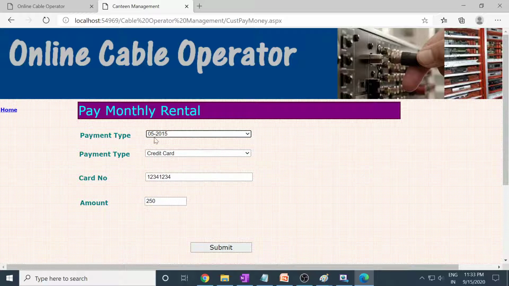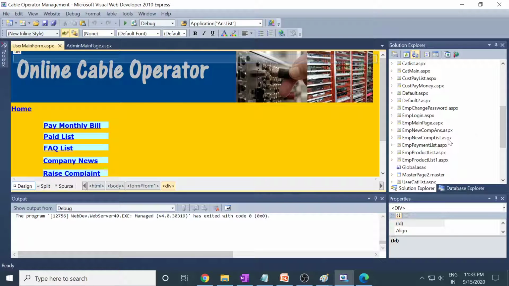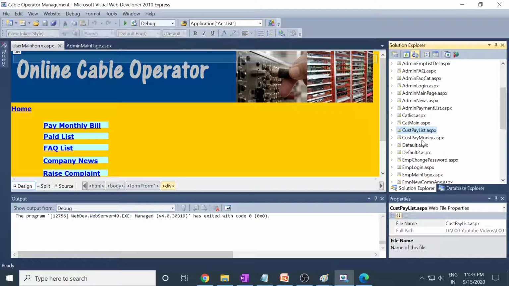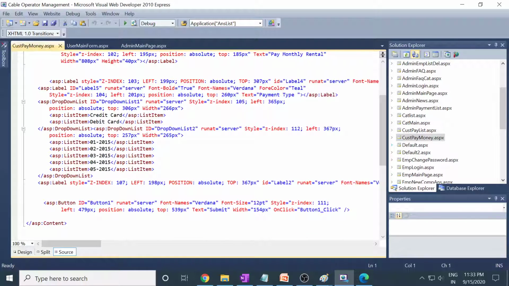So in order to change this, probably you need to go to this particular page, that is customer pay money. So just go back to customer pay money. So here we will have the list.